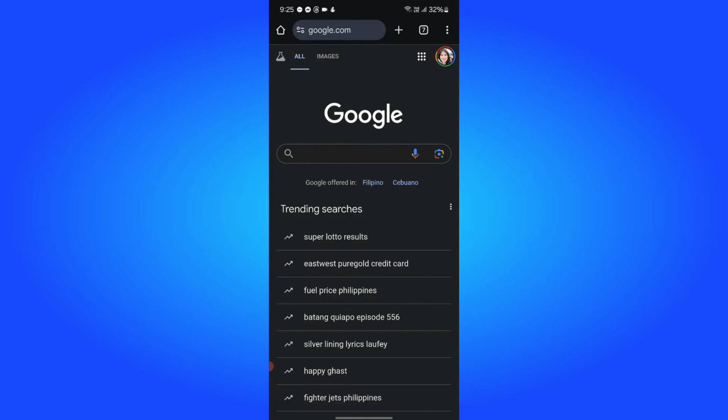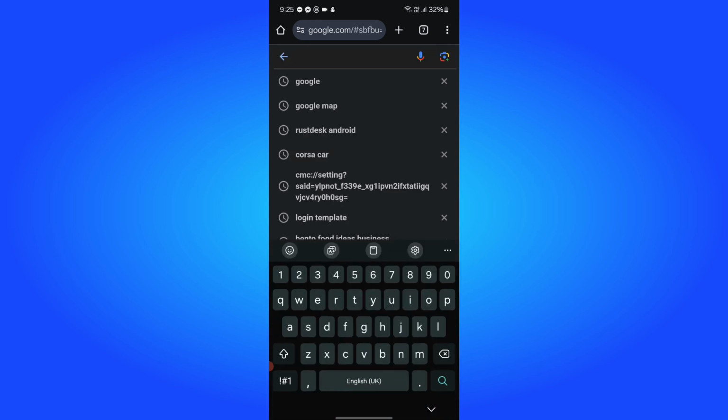In this video, I'm going to show you how to use Snapdrop on Android. So first, let's head over to Chrome, or Edge or Brave, whatever browser you are using. So after that, search for Snapdrop